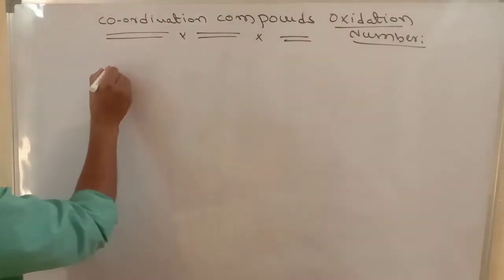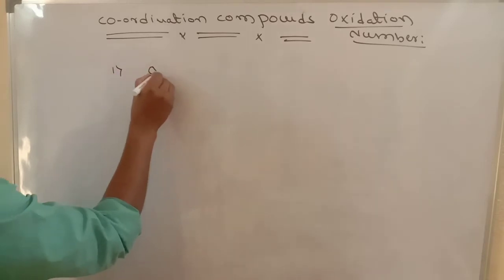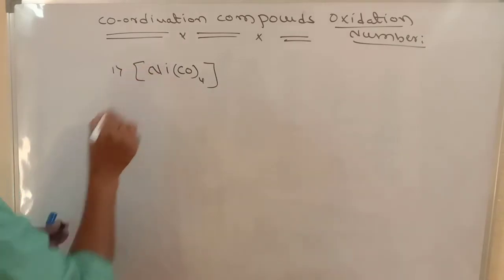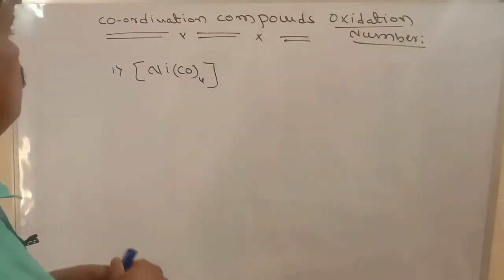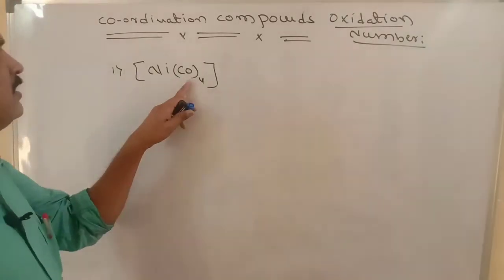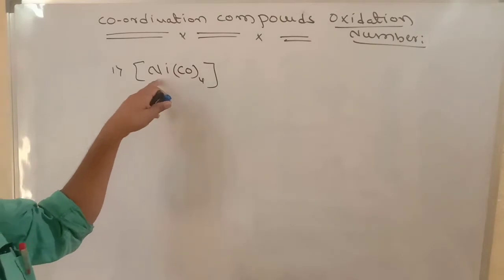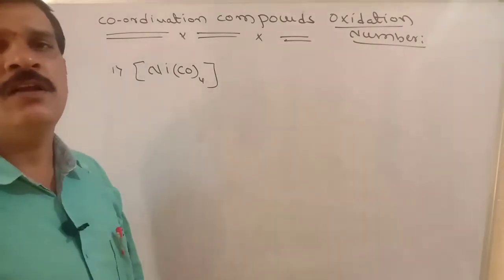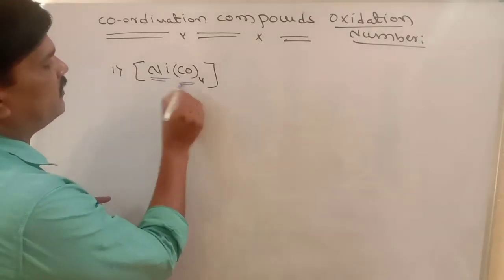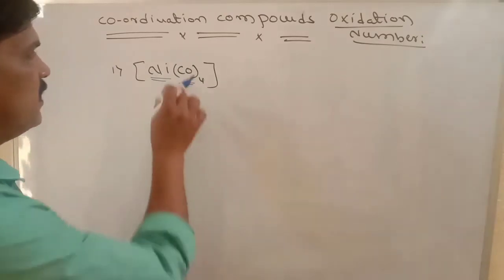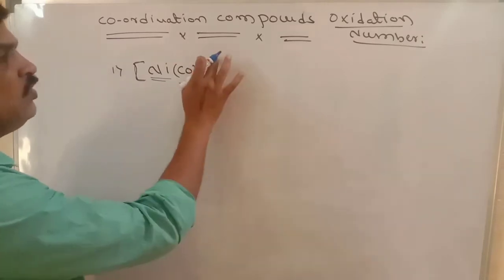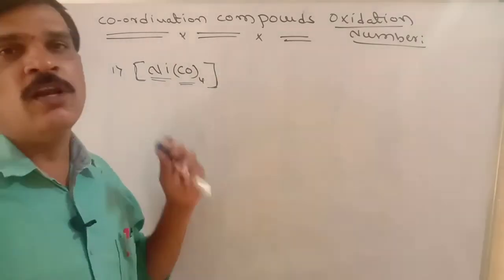So take one example please. Now this is nickel tetracarbonyl. In this nickel tetracarbonyl, a total of 4 carbonyls are there around the nickel. The number of ligands which are directly linked to the central metal atom is known as the coordination number. Here nickel is the central metal atom, and the number of CO is 4, that is the coordination number. These are the ligands. Now this is known as the complex entity. There is no charge because it is a neutral complex compound.